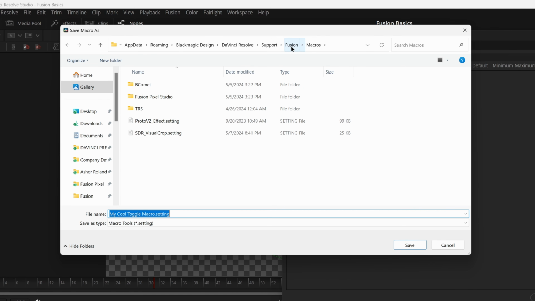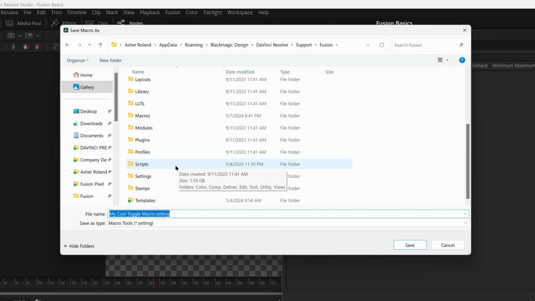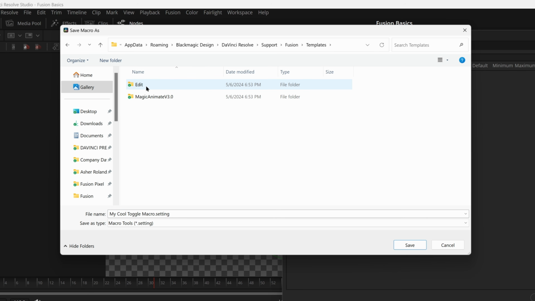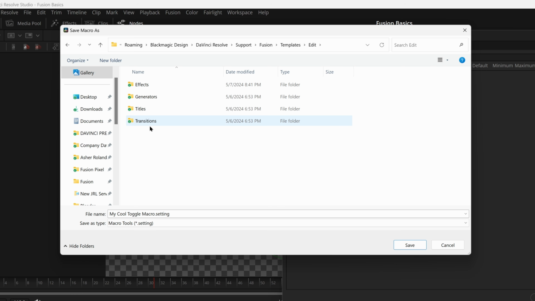And we want to just come over here to Fusion and come down here to templates. If you don't have a folder called edit already, make a folder called edit and then put all these folders inside. You can make your own folders and put them in here, but have one called effects, generators, titles, transitions. All of them are plural, all of them are capitalized. Make sure they're spelled correctly, and then you can put your settings files in here either for testing or